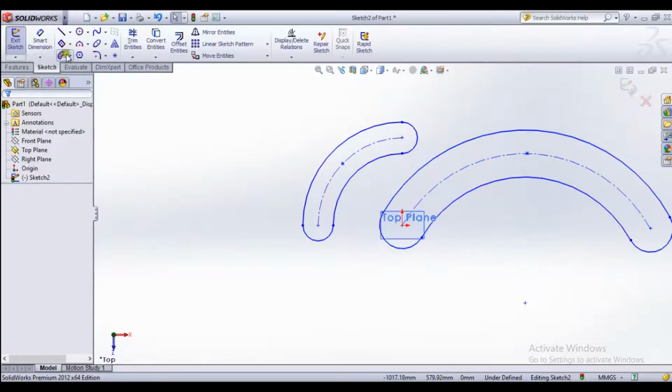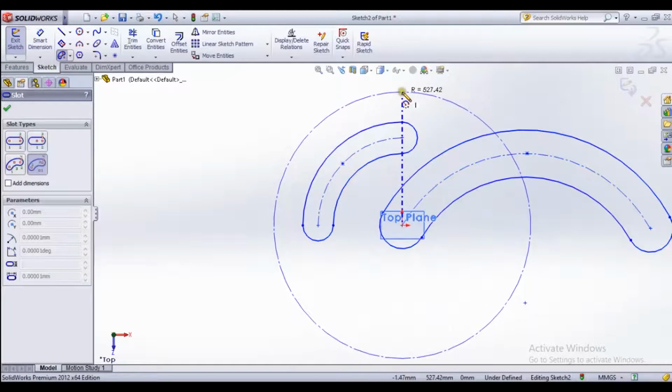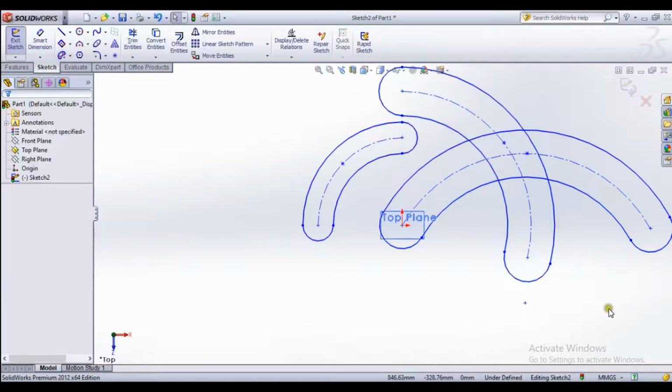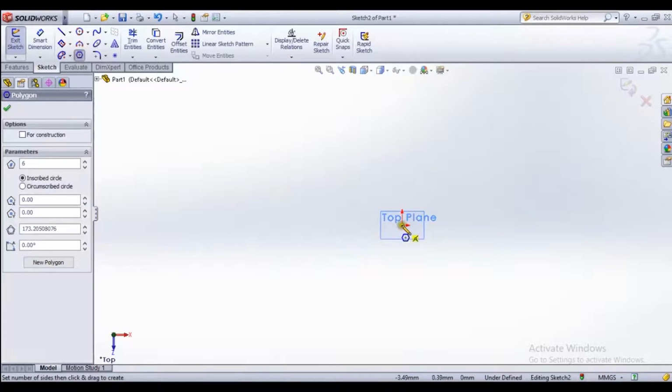Okay. And this tool, first we can select the center of the drawing, and we can select our arc as the radius we selected. You see, there are so many different things, and we can draw these shapes. First, we can select the center, and as per the radius and the distance we need, we can draw this hexagon.